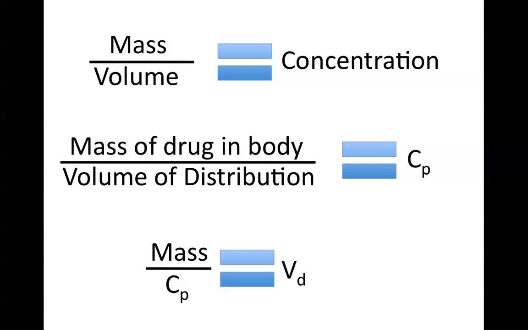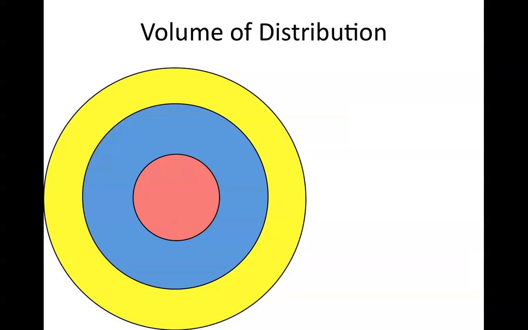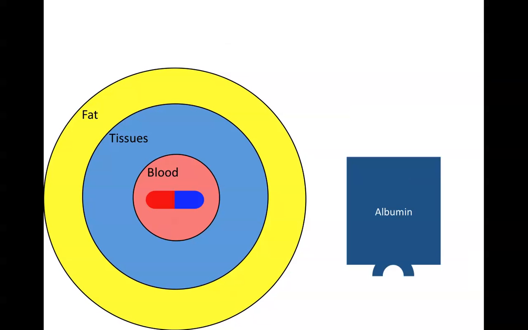We actually haven't measured the volume of distribution, we've defined it with 2 other variables. So this is best explained by a 3-compartment model: blood, tissue, and fat. So if you were to give a drug, a pill in this situation, and it bound to albumin. Albumin is a plasma protein,